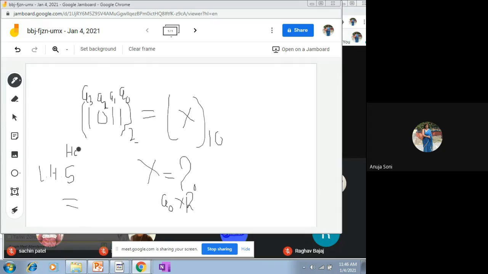2. Why 2? Because the given number is in binary form. Binary form will have the value of base or the radix as 2. So value of R will be 2. Then we have to start from the right hand side. A naught will be multiplied by R naught plus A1 will be multiplied by R1 and so on. So you can solve on your own. This way you have to go on multiplying and adding. So ultimately, what will be the resultant value? That will represent the value of x. That will be the resultant value obtained in decimal form.